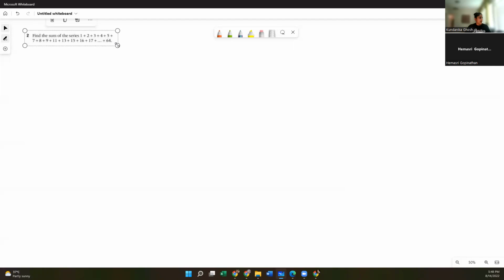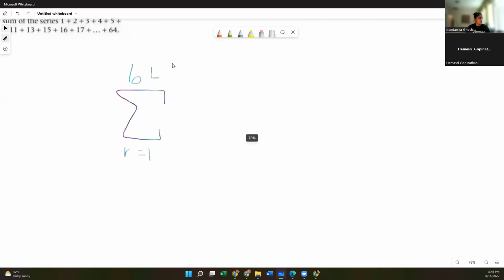All right, so what we're going to do to find this is, everyone remember sigma notation, right? So we have the sum from r equals 1, because that's your first term, or you could also write r equals 0, you just shift everything down 1, from r equals 1 to 64. Or you could write r equals at the top too, that doesn't change anything.